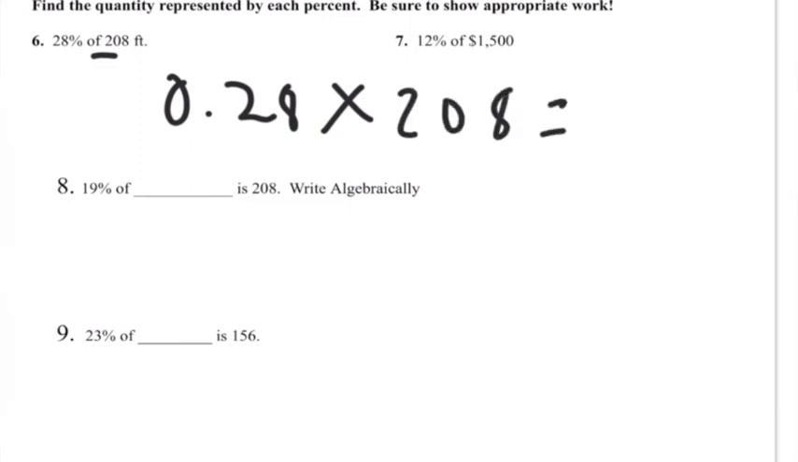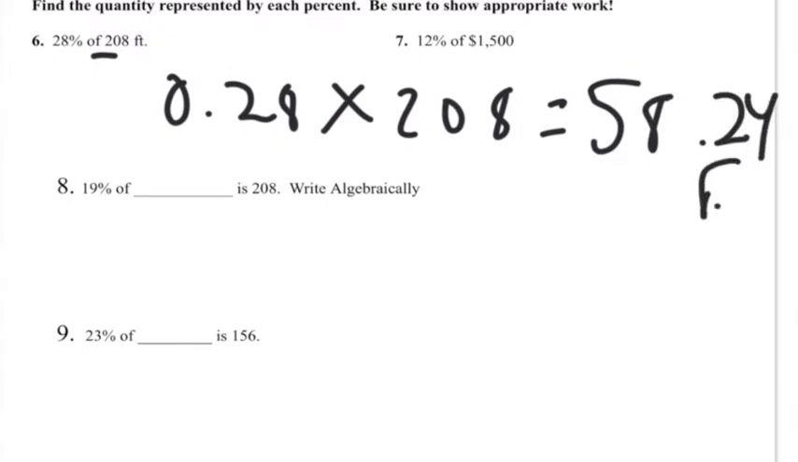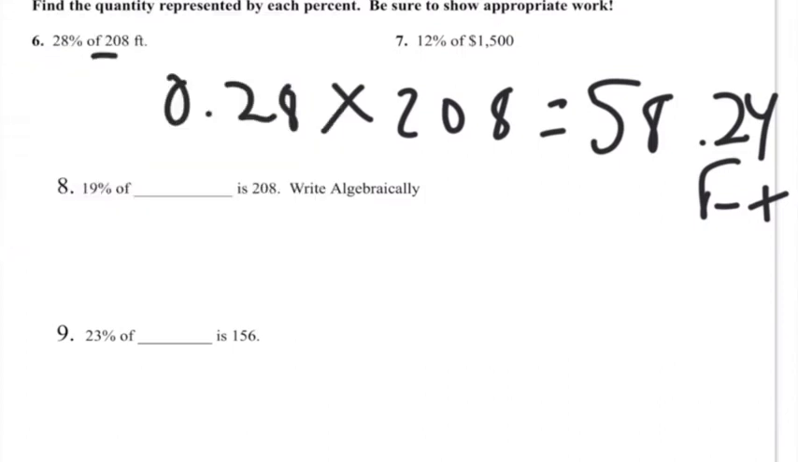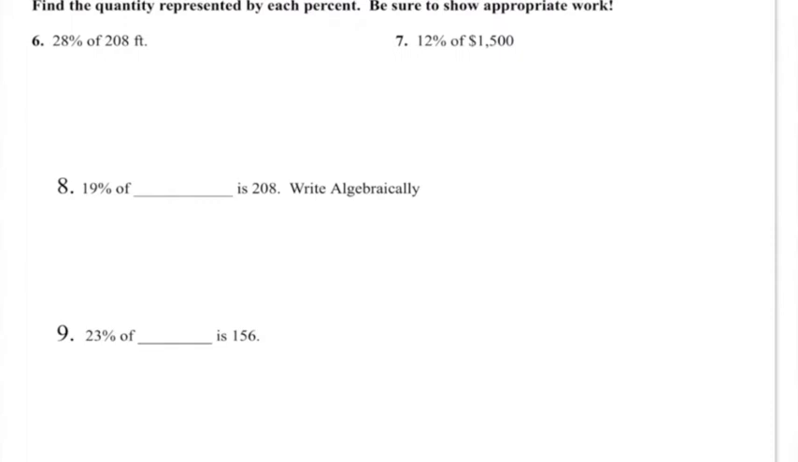And again, you have a calculator, so 0.28 times 208 is going to give us 58.24 feet. You have to label it. Make sure you label it. Okay? And for the test, I'd like to see an equation when you do the equation. Next one